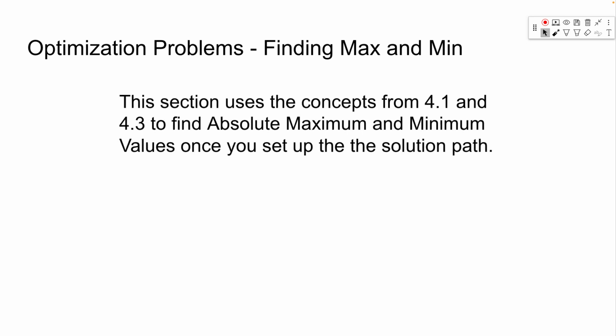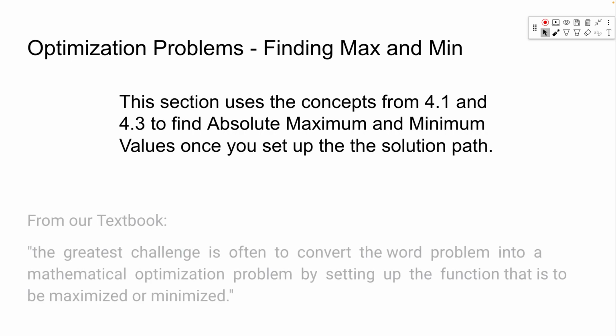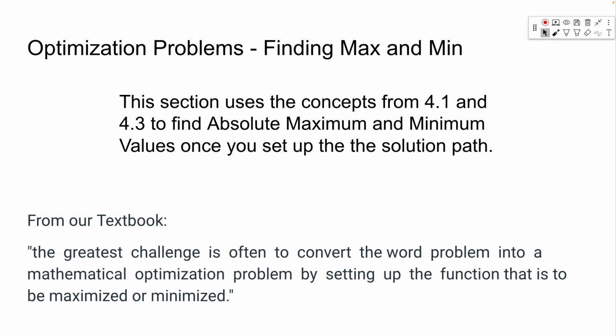So we're going to use the concepts from 4.1 and 4.3, talking about absolute maximums and minimums, and basically the hard part is setting up the solution path. Even the textbook says the greatest challenge is often to convert the word problem into a mathematical optimization problem by setting up the function that is to be maximized or minimized. The hard part is you just have a bunch of words, and you've got to get it all set up. So you're going to draw on all the mathematics you've learned for the previous 16 years, geometry,